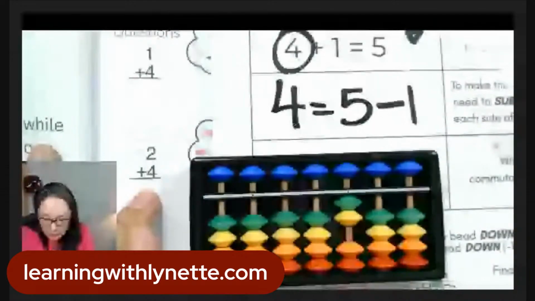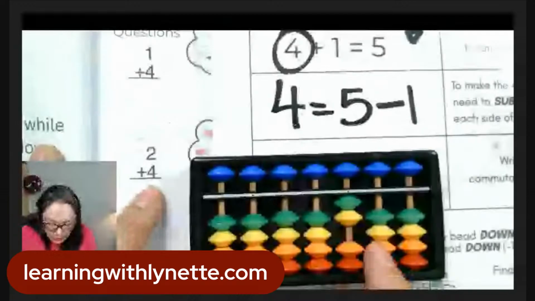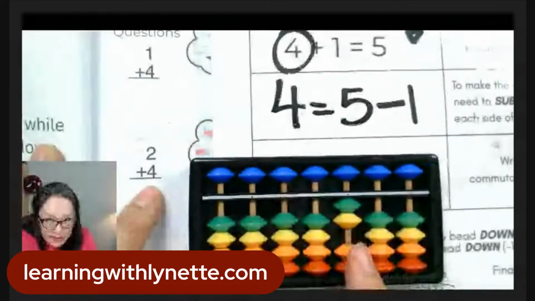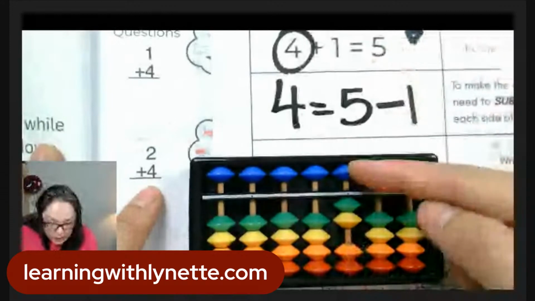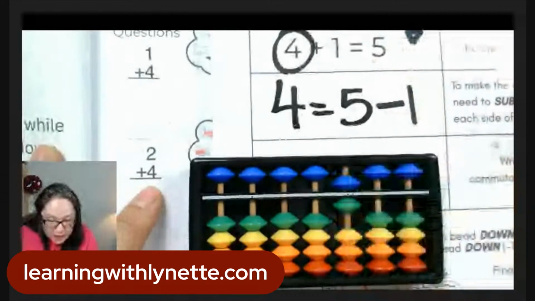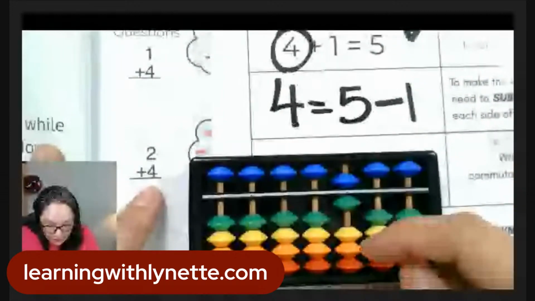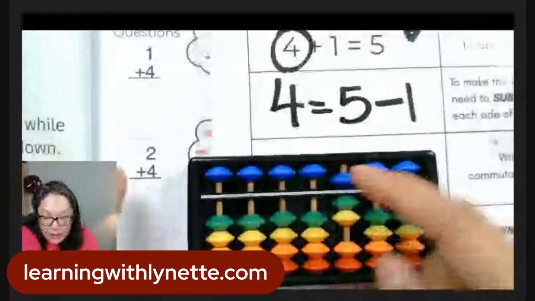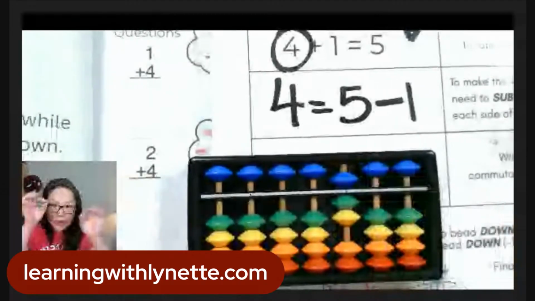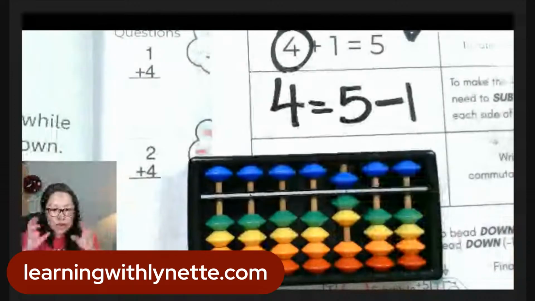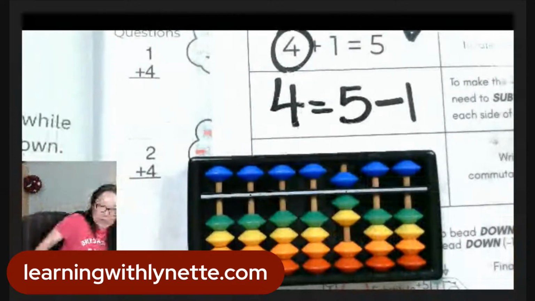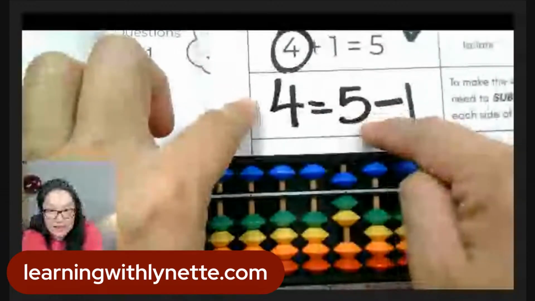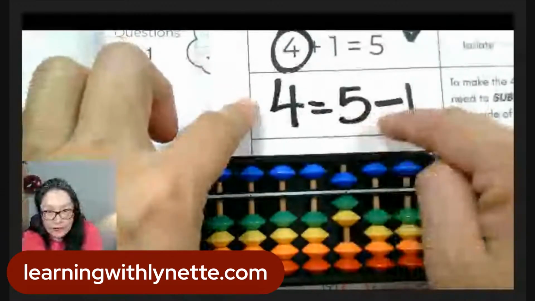However, I'm adding 2 plus 4. Are there enough beads to add the 4? No, there aren't. So what do we do? We can now utilize this 5. Because we can utilize the 5, we can minus the 1. If I add the 5, it's too much because I only want to add 4. So what we're doing is an exchange, a substitution. So when we substitute 4 with the 5 minus 1,